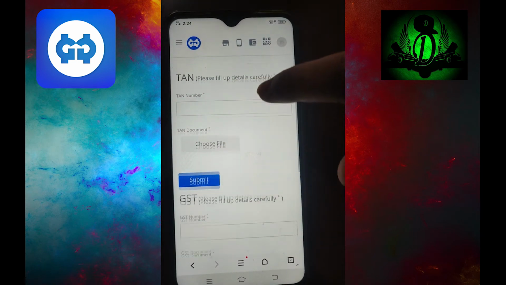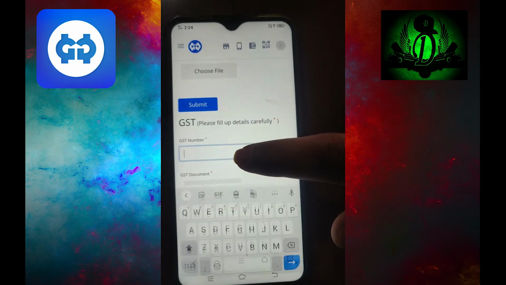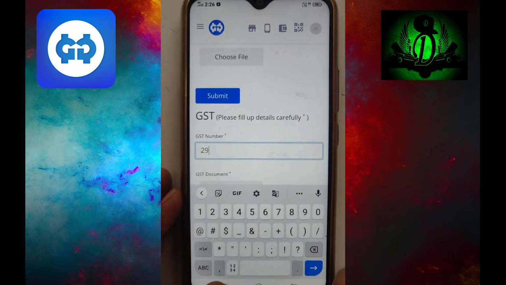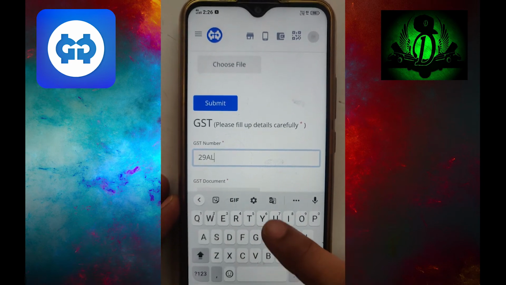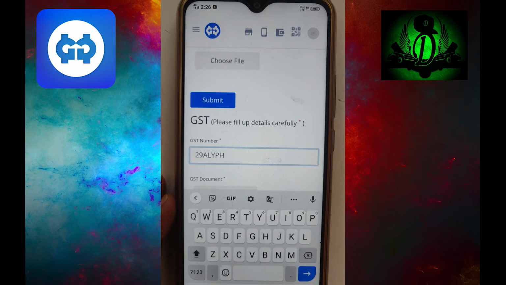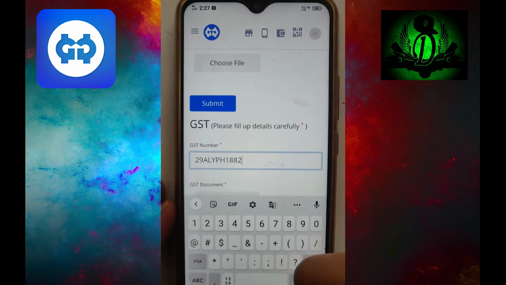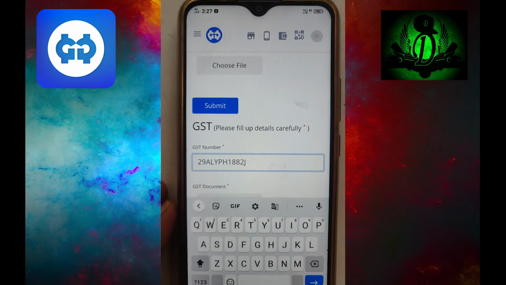Here you can enter either TAN or GST number. If you don't have any, you can proceed next. As shown in the example, I have a GST number, so enter the GST number and upload the GST document from your phone gallery and click submit.